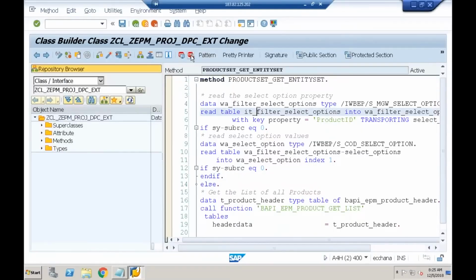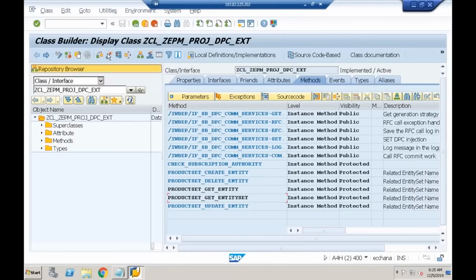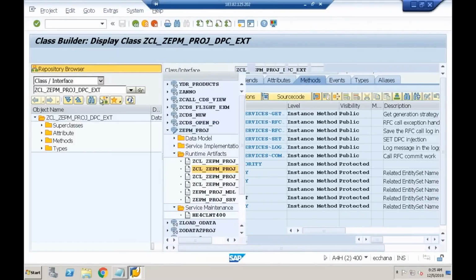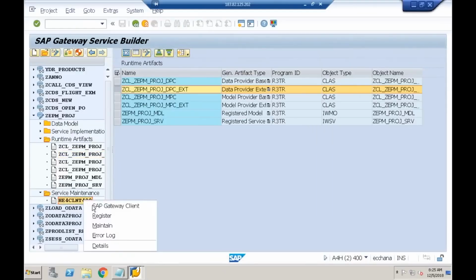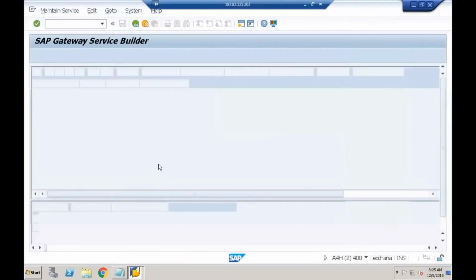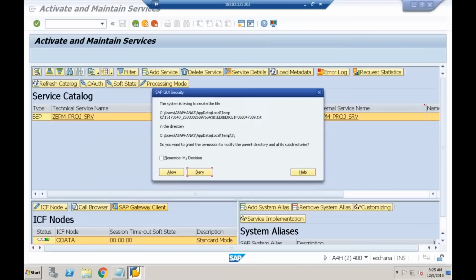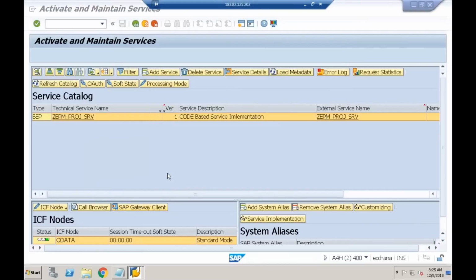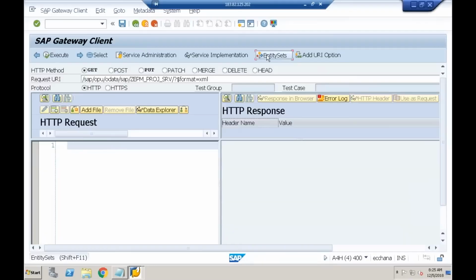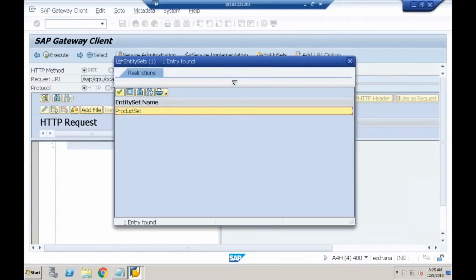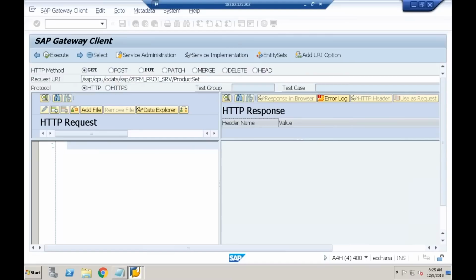I'll put the breakpoint. So just try to focus. Let me maintain now. Right. What is my entity set? Product set is my entity set. I'll try to pass the select options. How do you pass here? You have to say